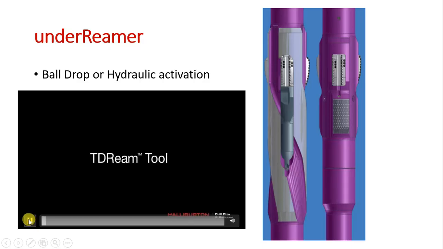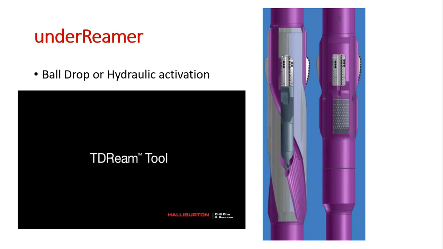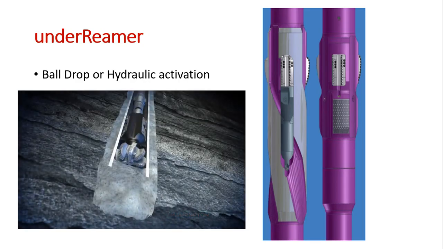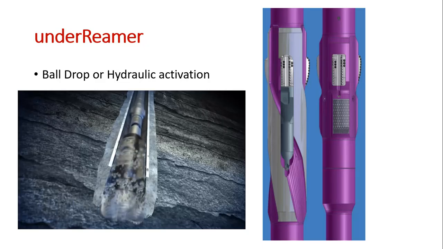Multiple reaming trips to reduce rat hole length are a thing of the past. Halliburton has developed a tool that will reduce rat hole length to less than 3 feet and reach TD in one run. Halliburton's TD Ream tool is based on the proven reliability of the NBR reamer technology, complementing our portfolio of downhole tools. Here we see the TD Ream tool combined with an XR reamer drilling assembly being run in hole.